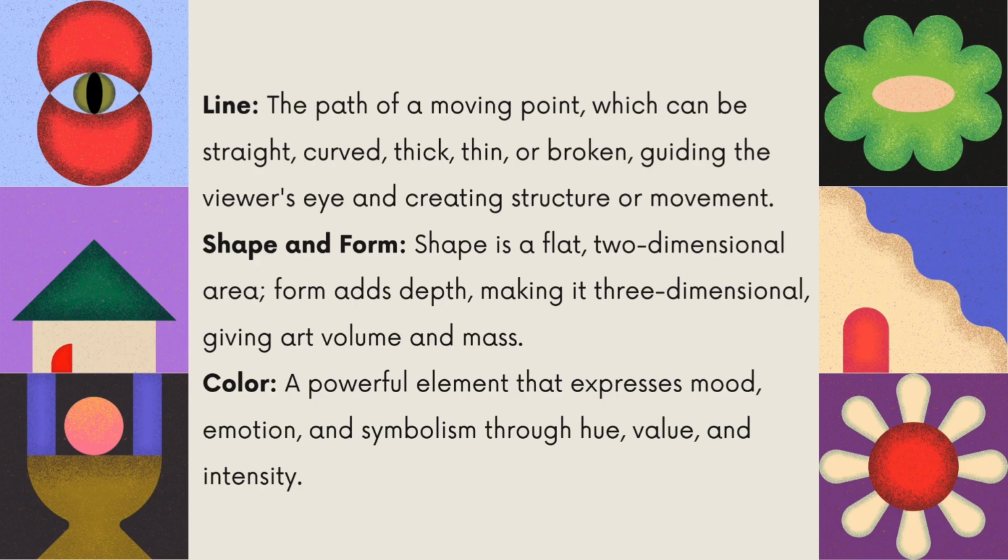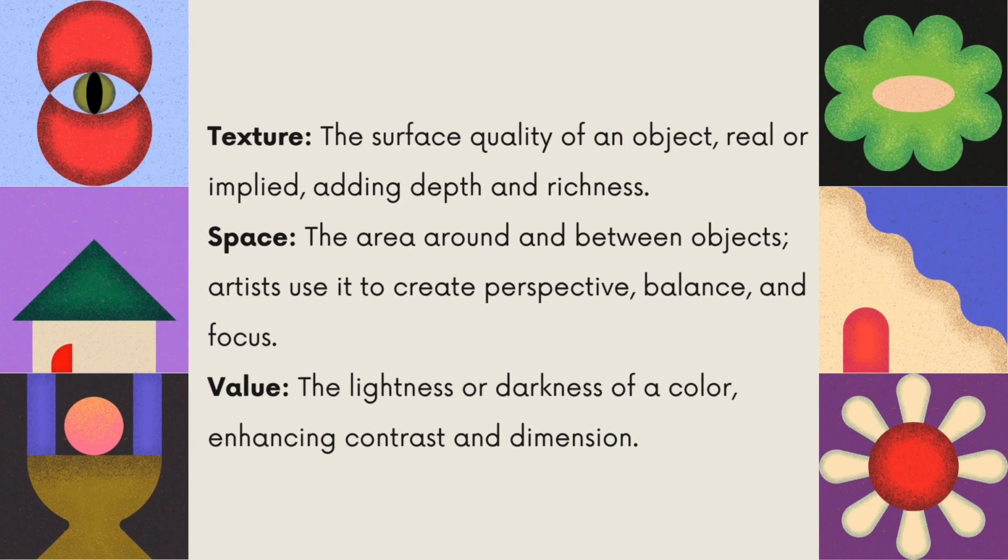Okay. The next is texture. Texture describes the surface quality of an object, whether it feels rough, smooth, soft, or hard. It can be real, something we can actually touch, or implied, something that only looks textured. Texture adds richness and depth